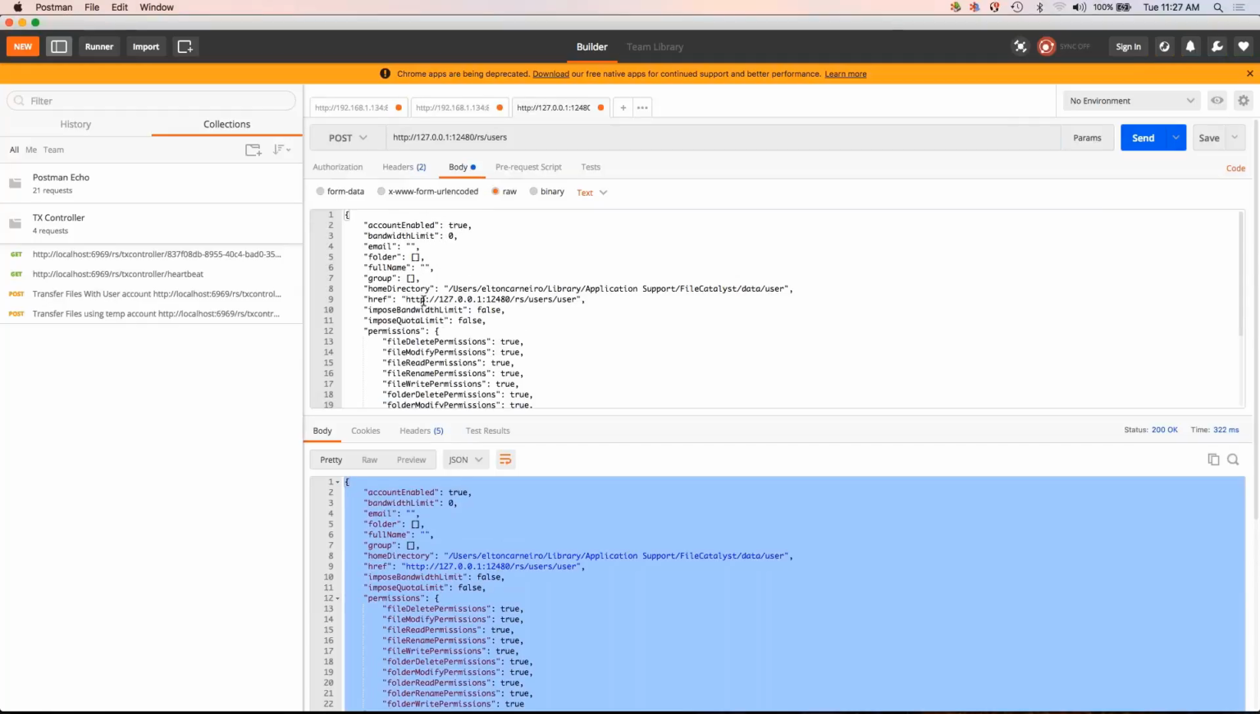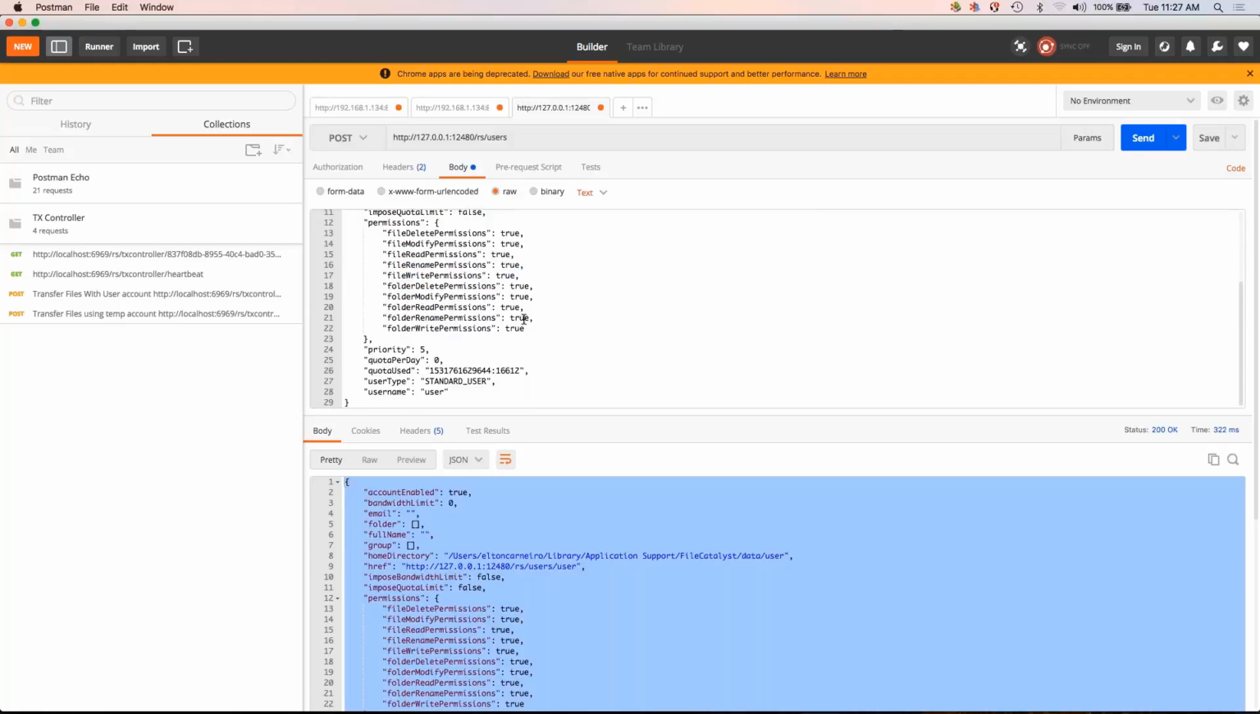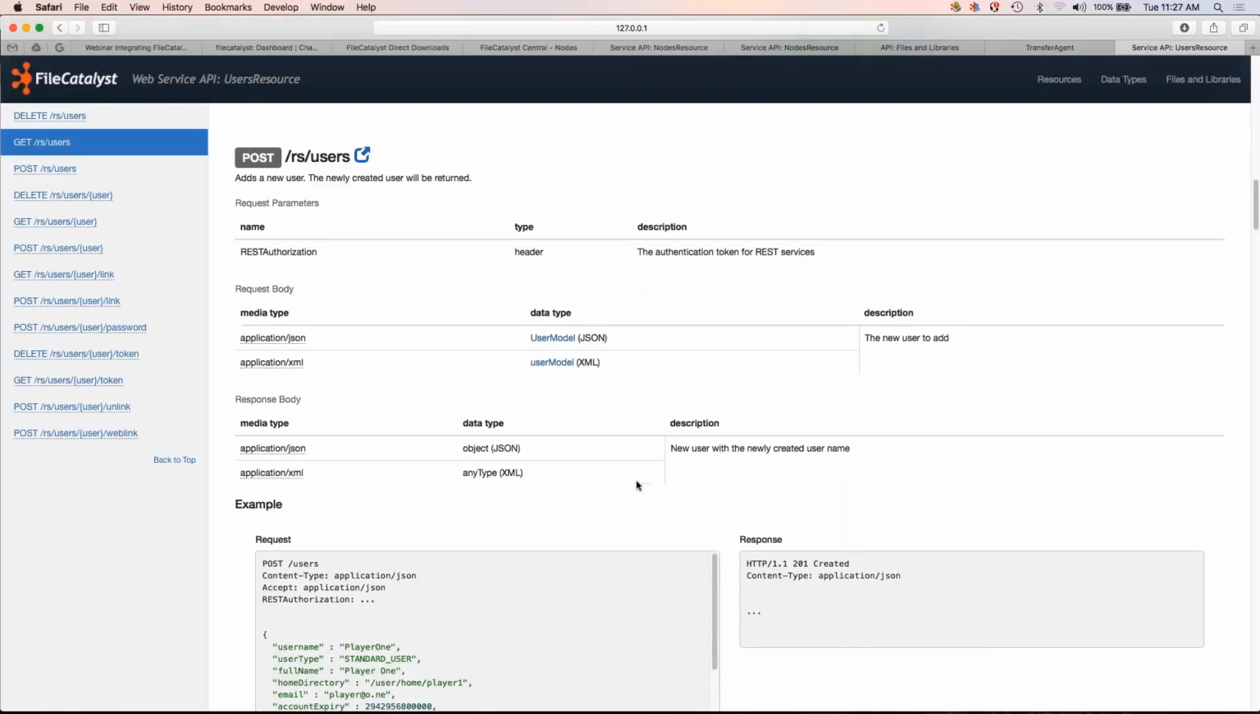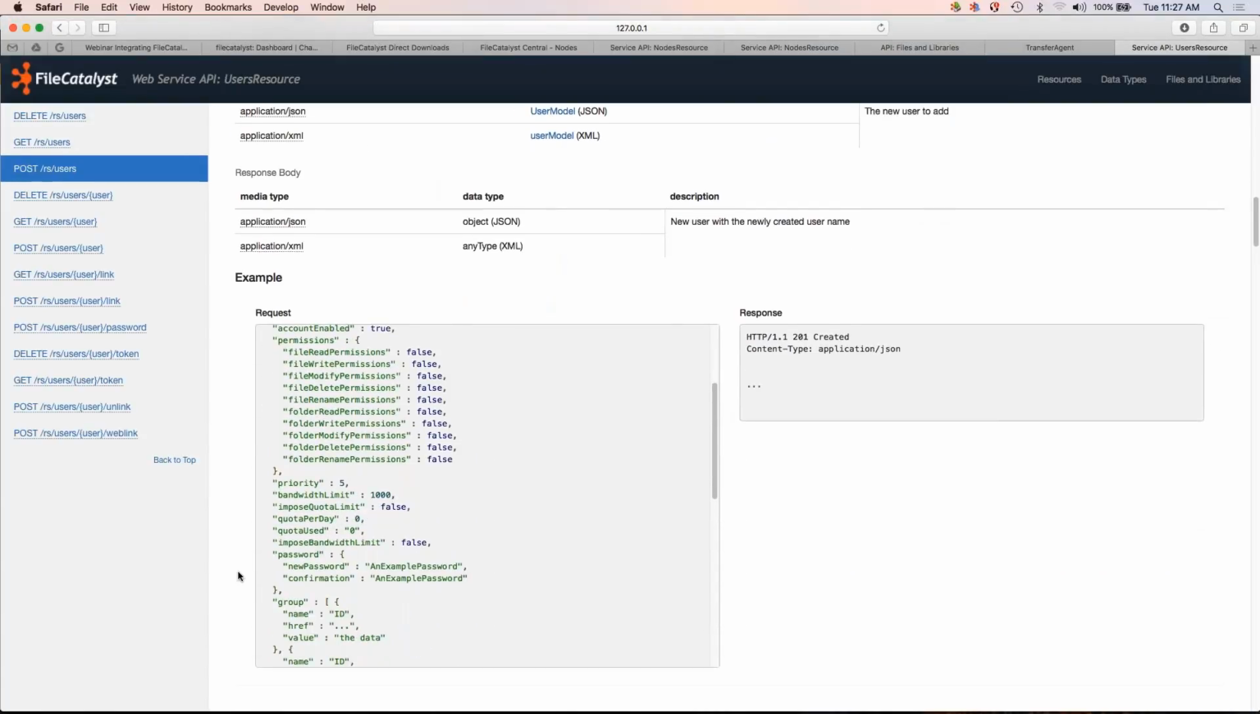So now we want account to be enabled. Let's call this REST user and give that REST. Let's go and update some of these properties. So we've changed the username and we've changed the REST user and so on. The only thing we're missing is the password. So let's go back to our documentation here and let's see. We need to add in the password